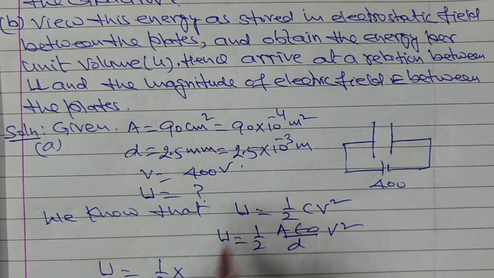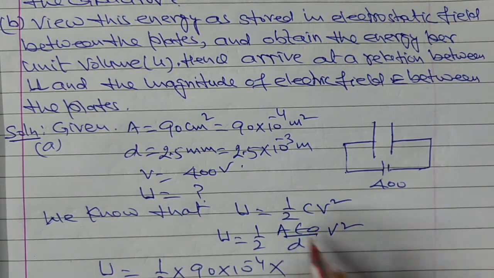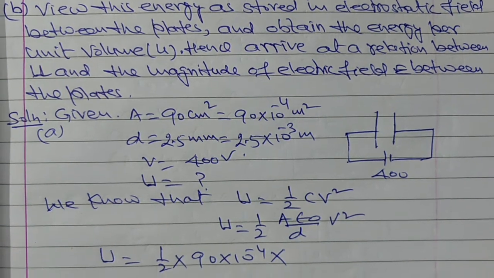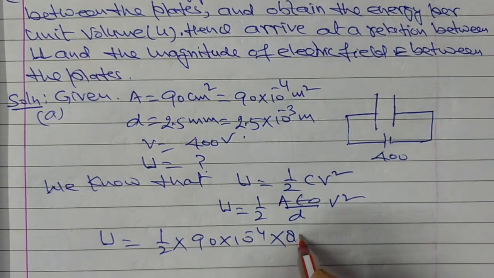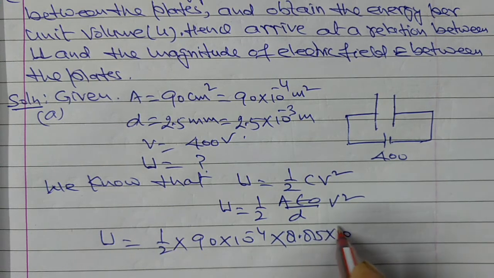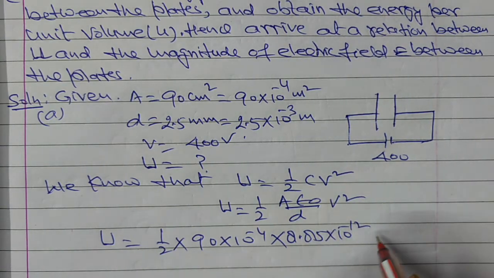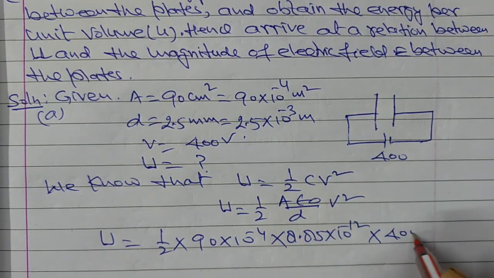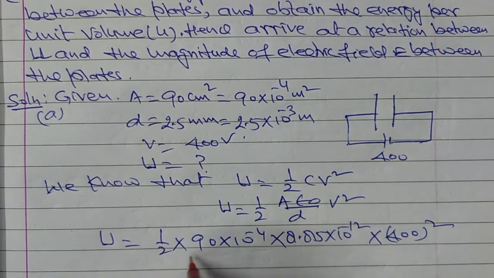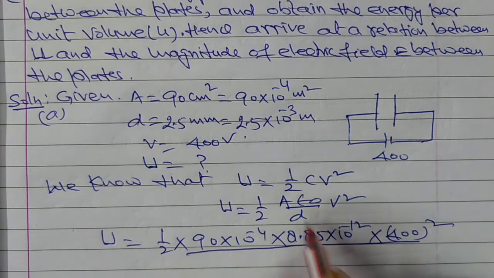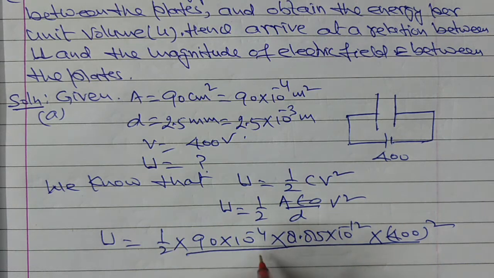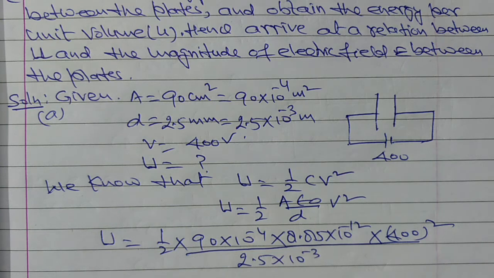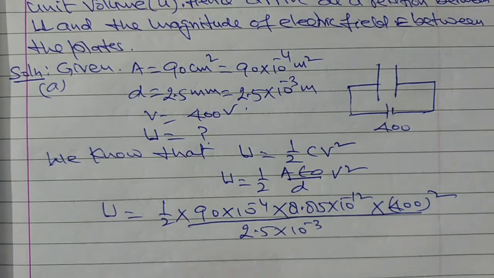Area of cross section is 90 into 10 to the power minus 4. Epsilon naught, आप जानते हैं, is equal to 8.85 into 10 to the power minus 12, into V. V is equal to 400 volt, upon D. D is the separation. How much is this? 2.5 into 10 to the power minus 3 meter. Now, on solving, this is equal to,